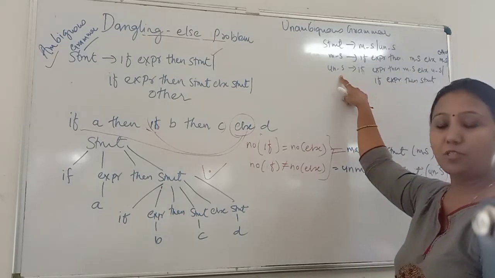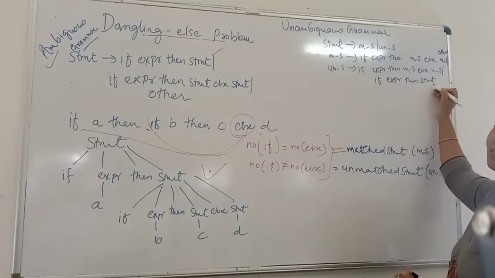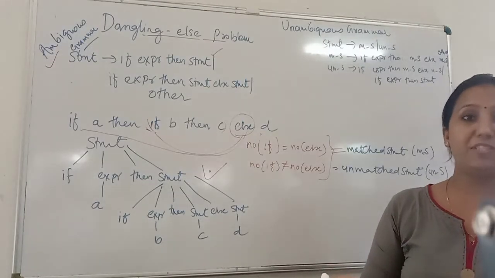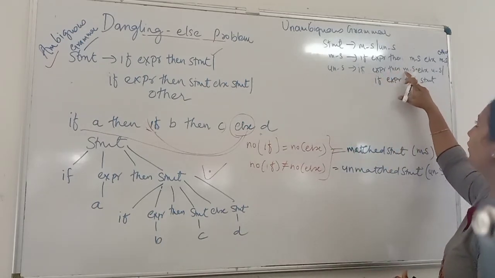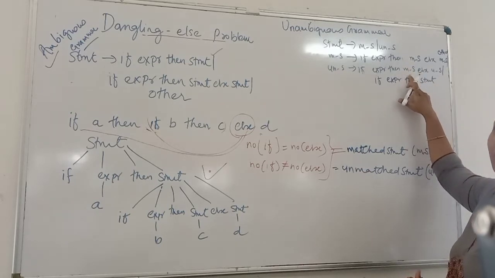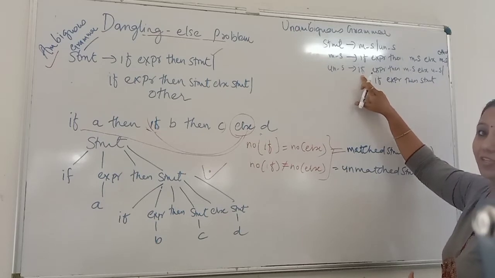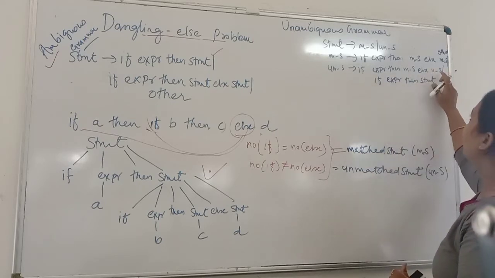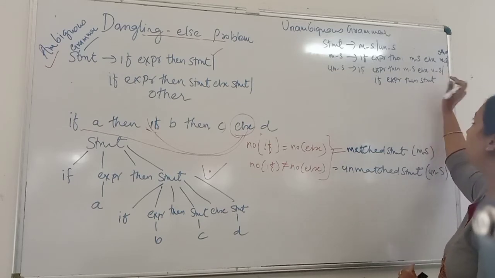Second is an unmatched statement. An unmatched statement again has two options. One is a simple if, which can be derived with if expression then statement. And the second is an else-if ladder or nested if statements. For that we can write if expression then match statement. Over here, if it is any match statement with an equal number of if and else, then there is also one extra if. In that case the number of if is not equal to the number of else. Else again an unmatched statement, so the second part must be an unmatched statement.